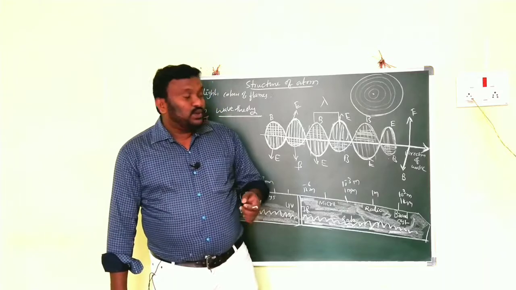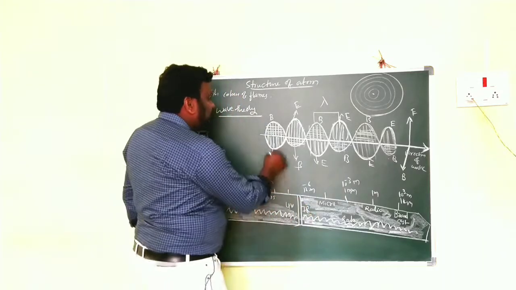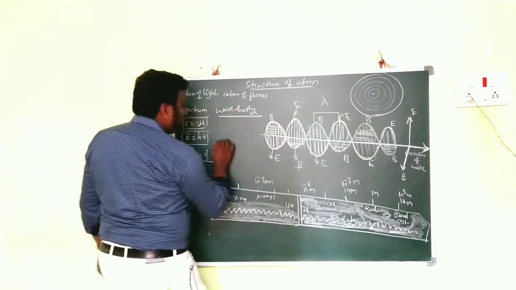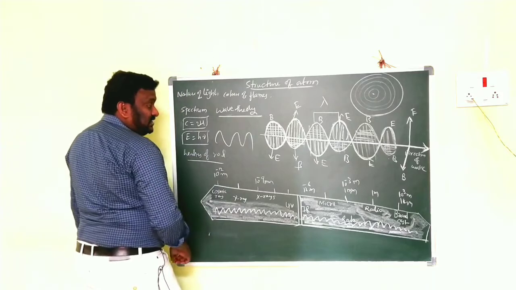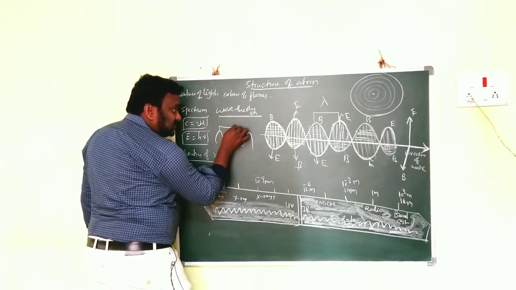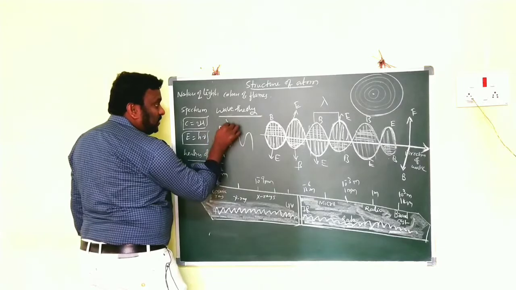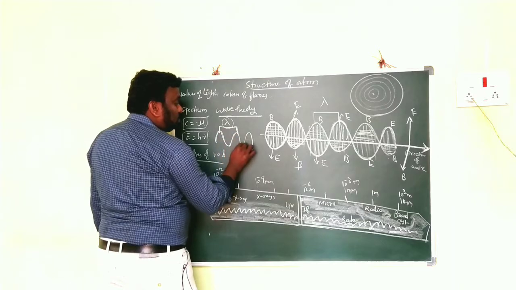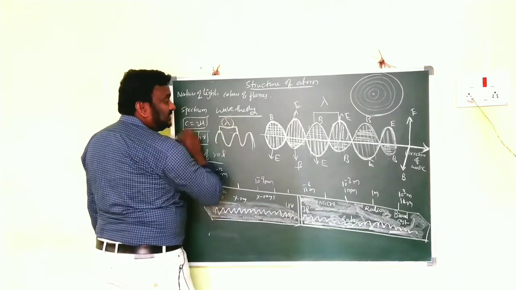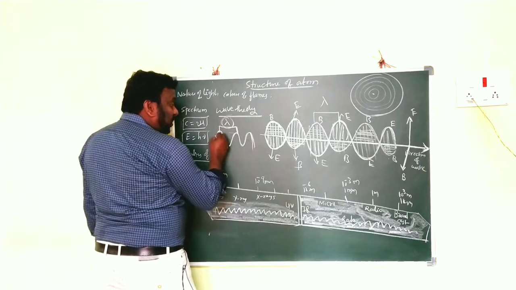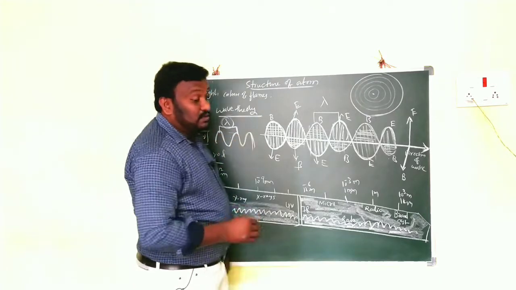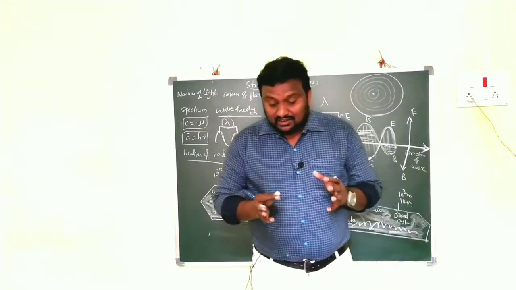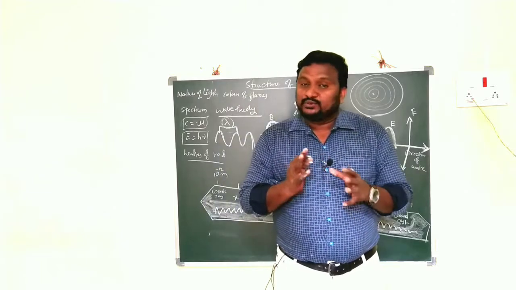Children, here you have to notice that generally these are called peaks. Peak means maximum, like this. These are the peaks. The distance between two successive peaks is called wavelength. Clear? And the number of peaks produced in a particular time is called frequency.